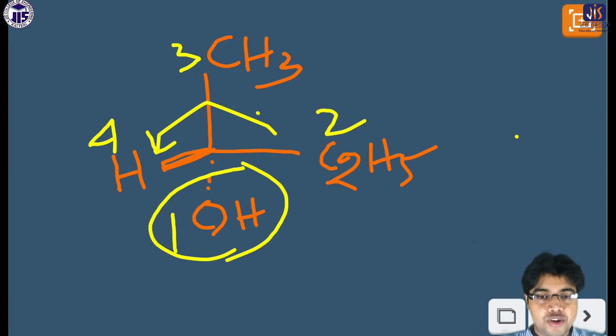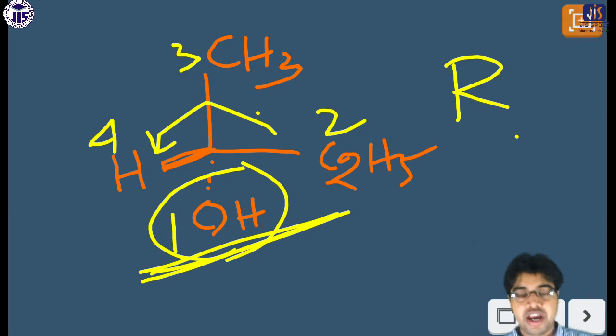So if it is anti-clockwise, in the general case, if 2 or 4 is on the back side, it will be S. But here it will be R, because at that moment 1 is in the back position. When 1 is in the back position, it is opposite: clockwise R, anti-clockwise S is reversed. So here it is anti-clockwise, so it should be S, but here it will be R, because 1 is in the back position. In this way, you can write down the RS nomenclature for the flying wedge formula.